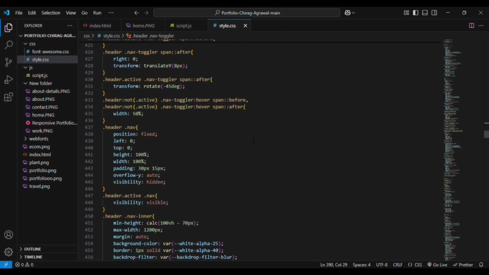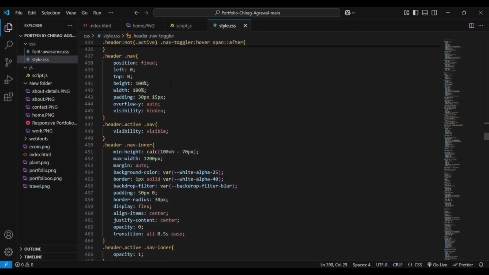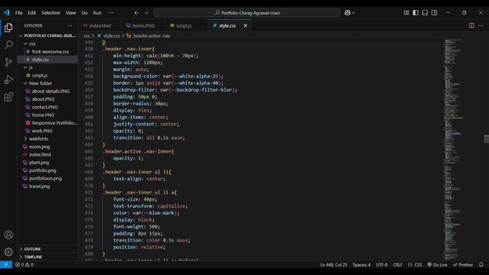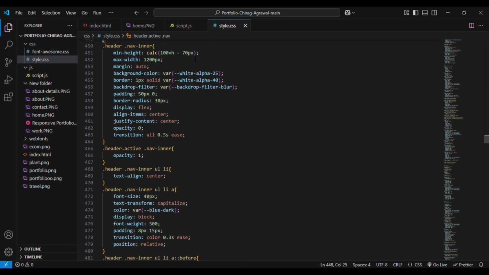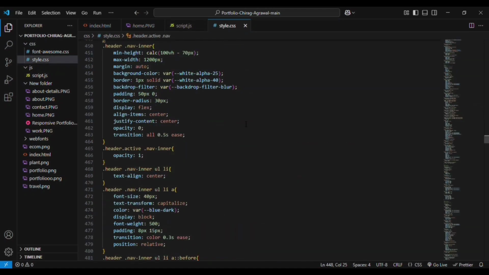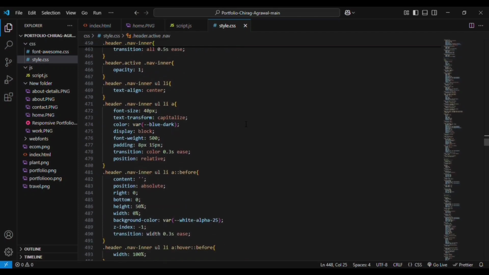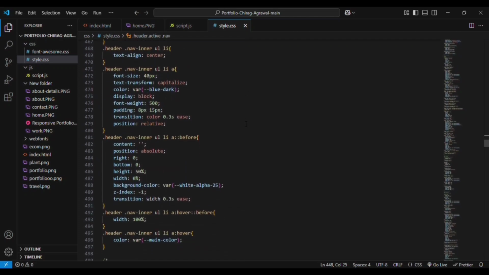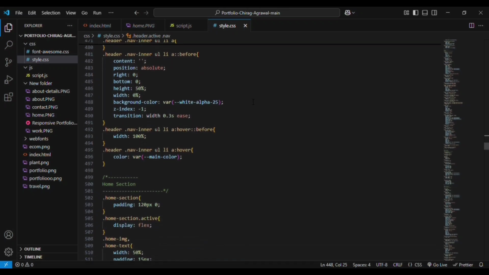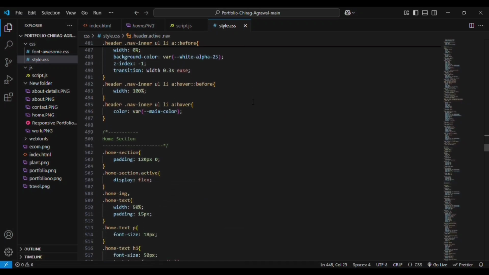Then we can go to the header nav. Position is fixed, left is 0, right is 0. It will align exactly the center. And overflow y equal to hidden, visibility is hidden. So whenever we get the active nav header active, then only the nav bar will be visible to us, as I told you before in the script, that the JavaScript that I have told you before. The nav inner values are given. Then another list item anchor element is getting the value, that is display font size font family that are added. And then you can go to the next section,